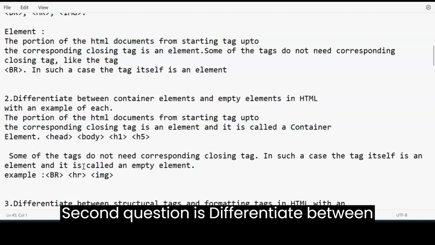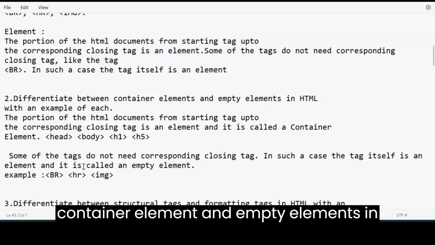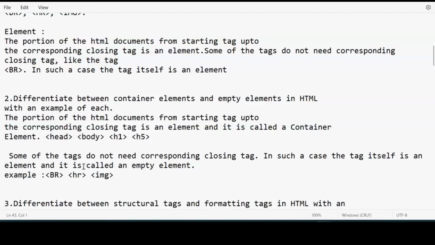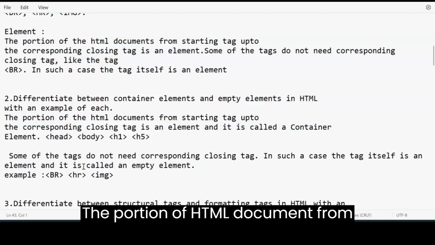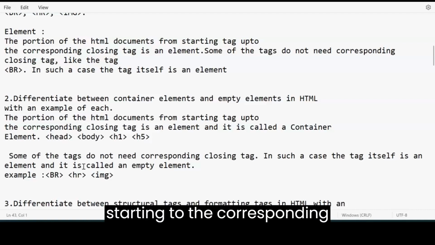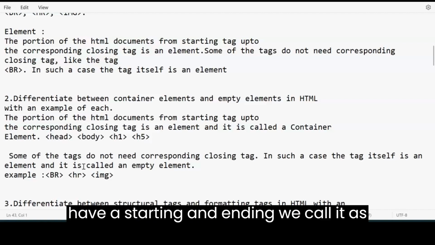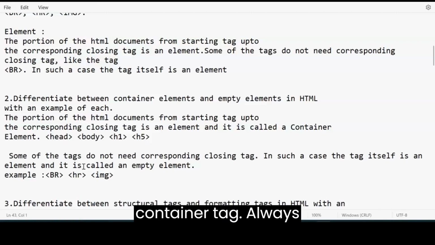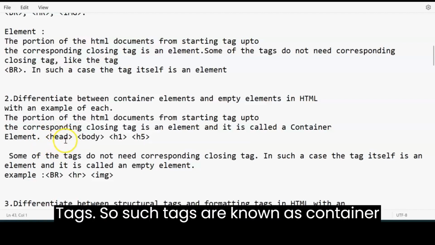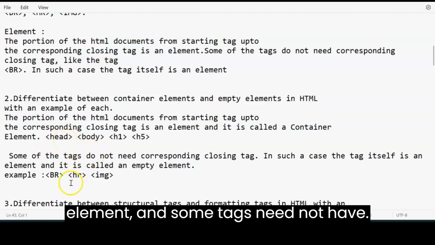Second question is, differentiate between container element and empty elements in HTML with an example. The portion of HTML document from starting to the corresponding closing tag is an element, and the tags that have a starting and ending, we call it as container tag. Always starting tag is head, it has to end with /head tag. So such tags are known as container element,